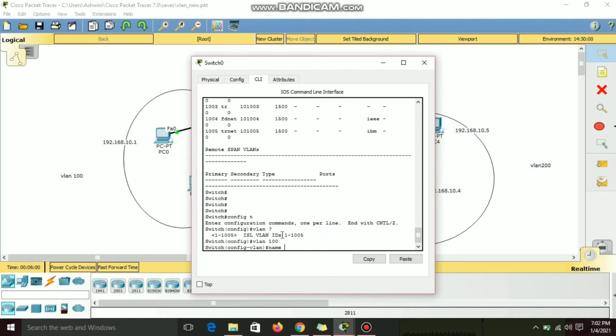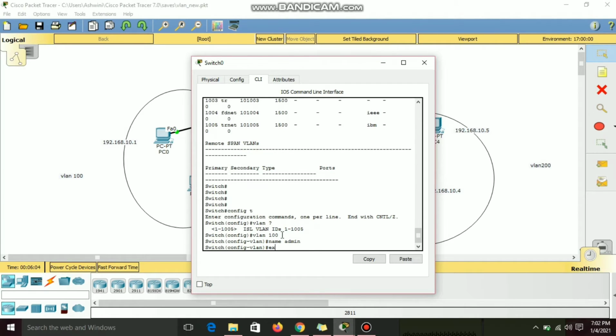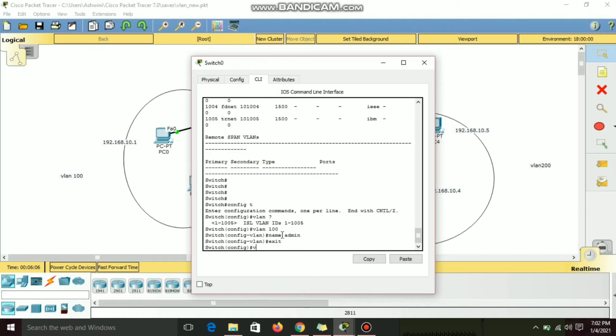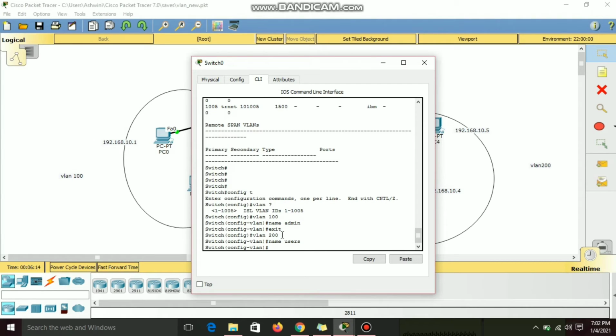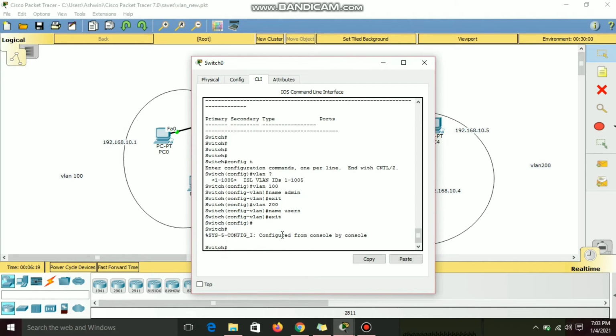Now I'm giving the name as admin. Okay, that's it. I have created VLAN 100. Let's create another VLAN, that is VLAN 200, and I am giving the name as users. Okay, that's it. So we have created two VLANs.